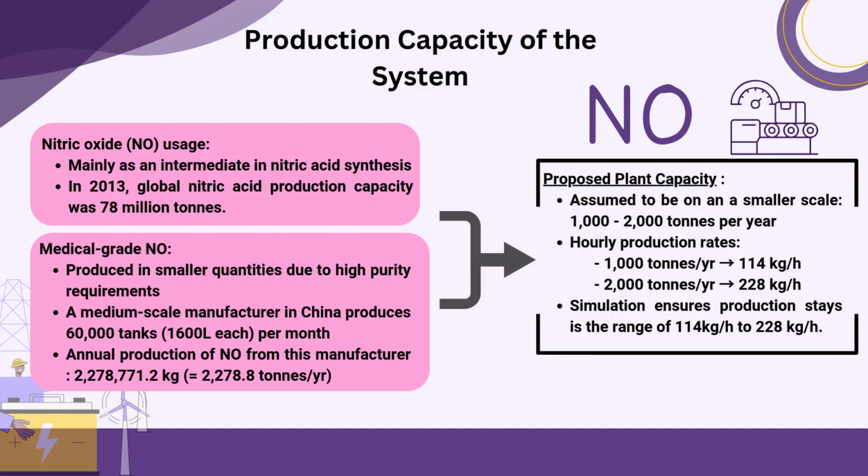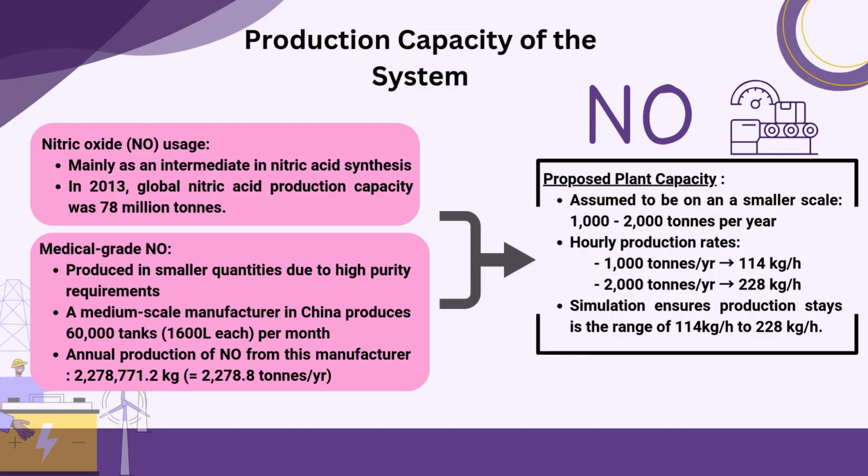This section covers the production capacity of our nitric oxide system. Nitric oxide is mainly used in nitric acid synthesis, with a global production of 78 million tons in 2013. Medical grade nitric oxide, however, requires high purity and is produced in smaller quantities. A medium-scale manufacturer in China produces about 2 to 78.8 tons annually. For our proposed plant, we aim for a smaller scale of 1,000 to 2,000 tons per year. With an hourly production rate of 114 to 228 kg per hour, our simulation ensures stable production within this range